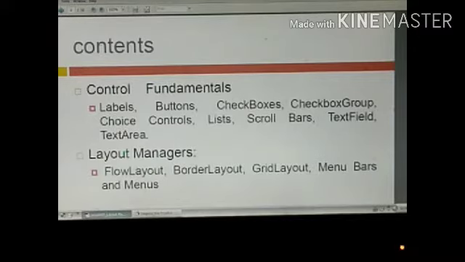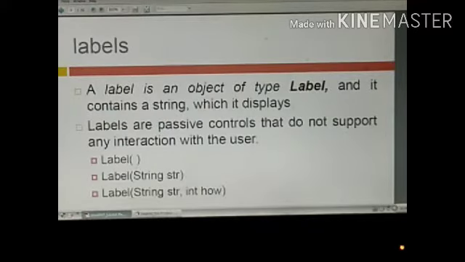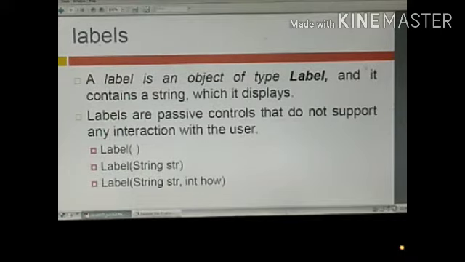So first one is labels. See, a label is an object. Everything we are going to use is an object. It may be a source, it may be an object. A label is an object of type Label and it contains a string which it displays. String means the text. In VB we will call this the text field of that object or the component.